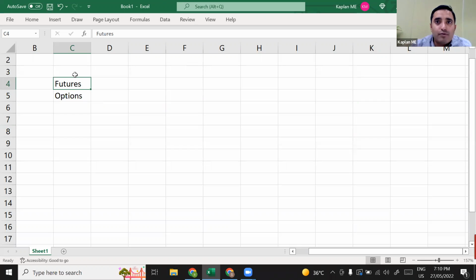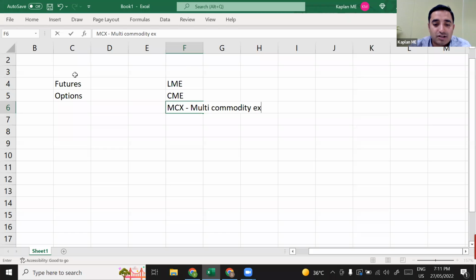Now, futures is an exchange traded product. So when you want to enter into a futures contract, you have to do it on an exchange. What are some well-known exchanges? NYSE is a stock exchange, but NYSE also has a derivatives segment. Then there is CBOE, the Chicago Board Options Exchange. For commodities, there is LME, the London Metal Exchange. There is the Chicago Mercantile Exchange. Where I'm going to be showing you is MCX, which is the Multi Commodity Exchange. Clear? And the other that we have is NSE,